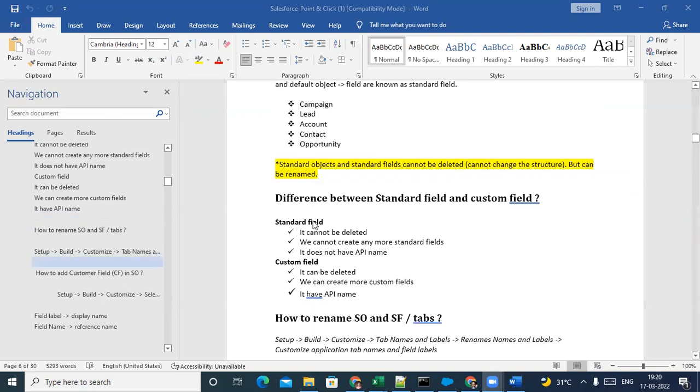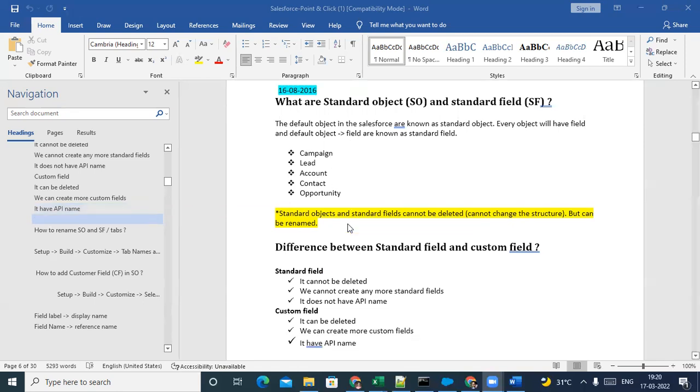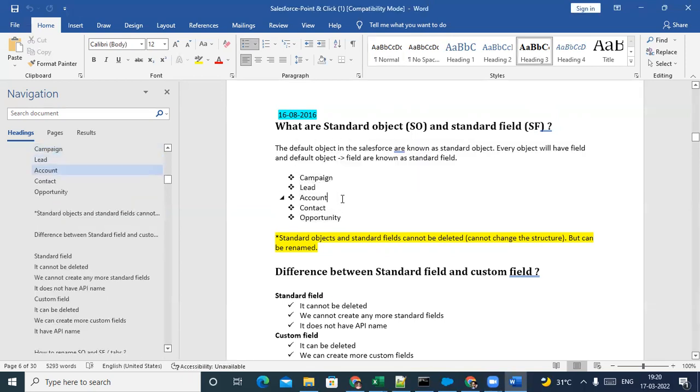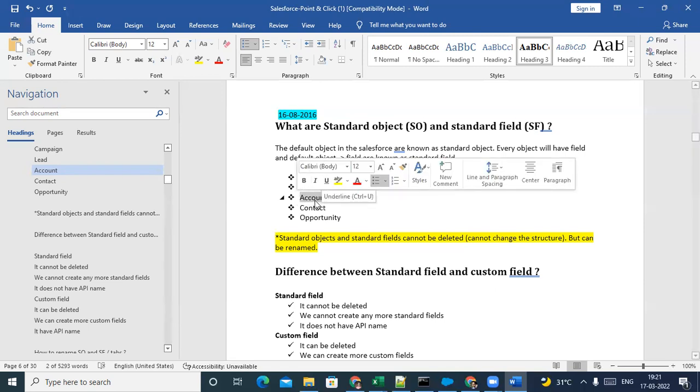Your client doesn't know the difference between a standard object and a custom object. They are going to come up with a requirement like, I need these details to be captured. You need to recognize which are the standard objects. When I say account, it is something related to a company, organization, or business. If they say something with that meaning, you should recognize that it comes under account, and what fields we could relate to it. So account is a standard object,